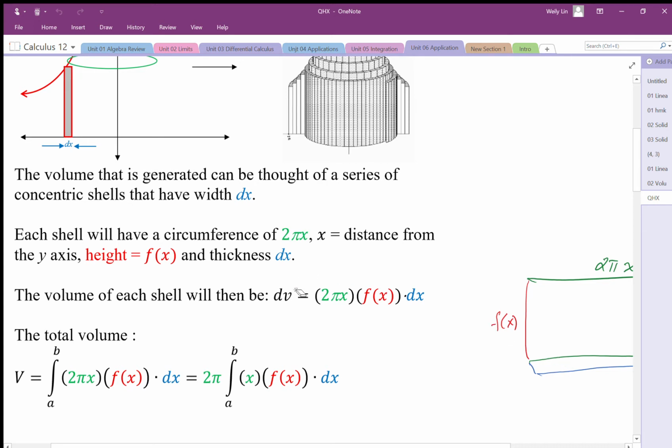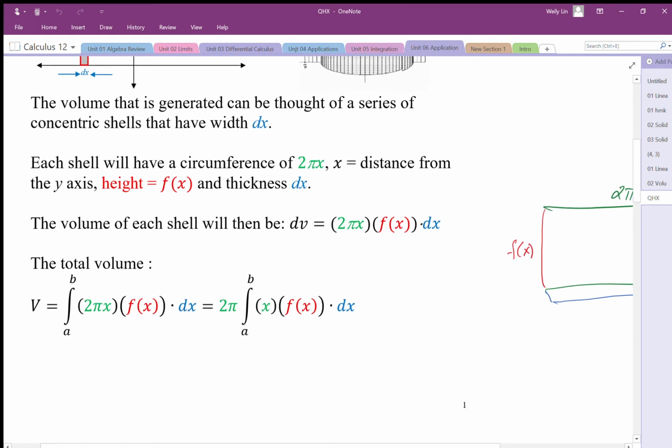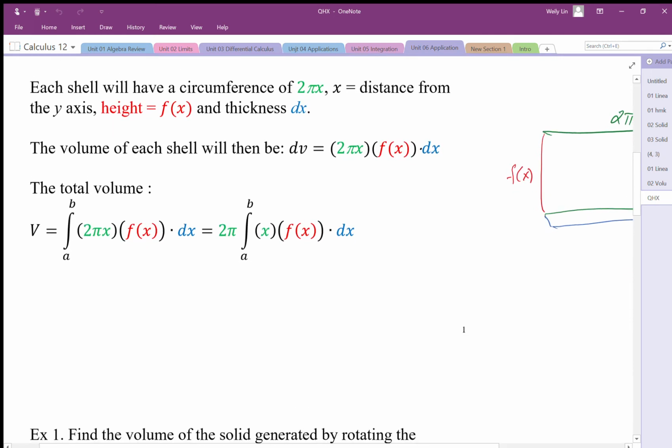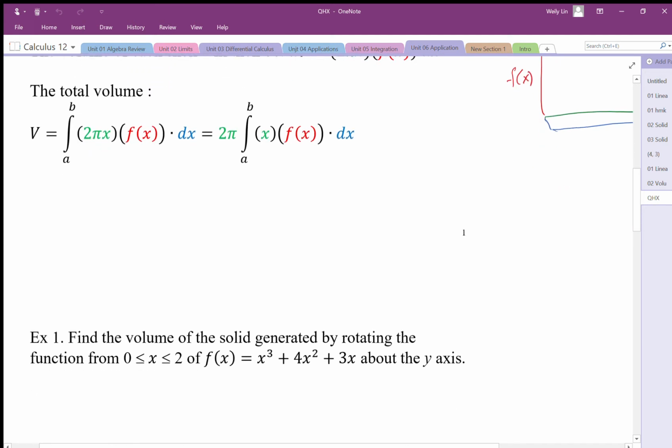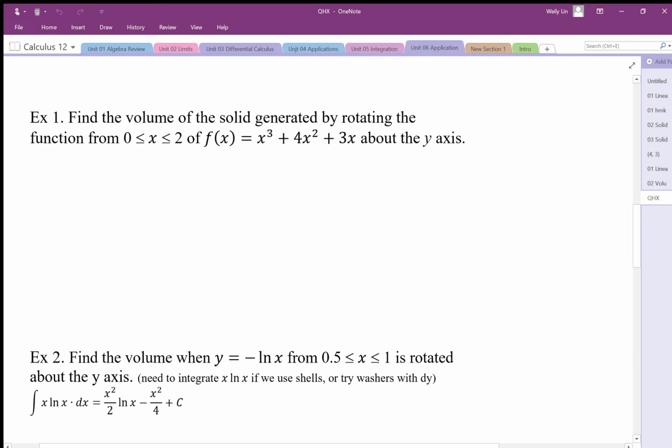So each of these volume pieces is going to be 2 pi x times f of x dx: length, width, and height, or length, width, and thickness. That's going to give us our volume piece. So the total volume then is when we integrate all those pieces, and we can just pull that 2 pi on the outside. So using that formula, we're going to generate the solid, and then we're going to integrate to get the volume